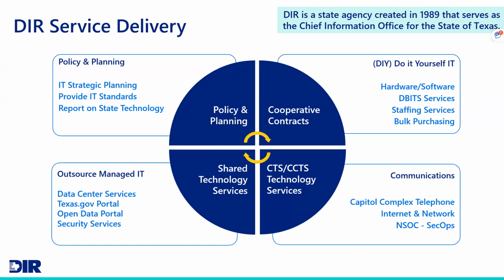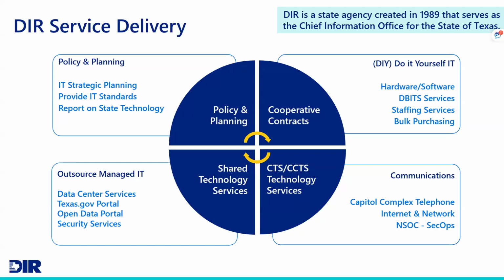So, for example, let's say that Parks and Wildlife needs to order 3,000 new computers. And we also know that Tarrant County needs to order 3,000 new computers. We're going to take that information back to our computer vendors and attempt to negotiate a short-term bulk purchasing opportunity where those products and services are going to be offered at yet deeper discounts. Could be for 3 months, could be for 6 months, whatever we negotiate with those vendors.